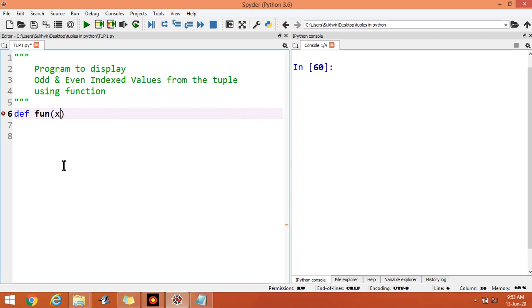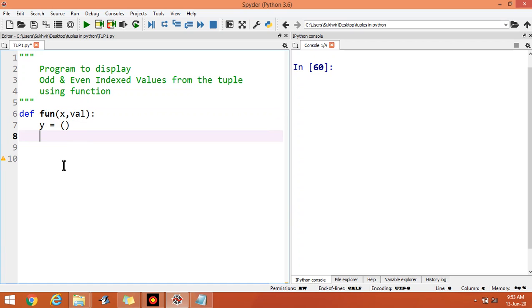Suppose there are two parameters, one is x, second is VAL. I declare one empty tuple, y. For n in a range VAL, then length of the tuple, suppose jumping is of 2,